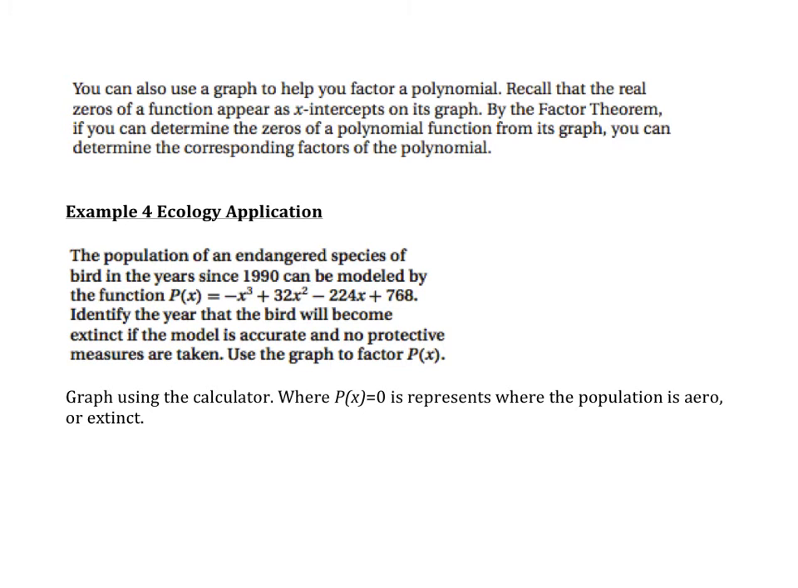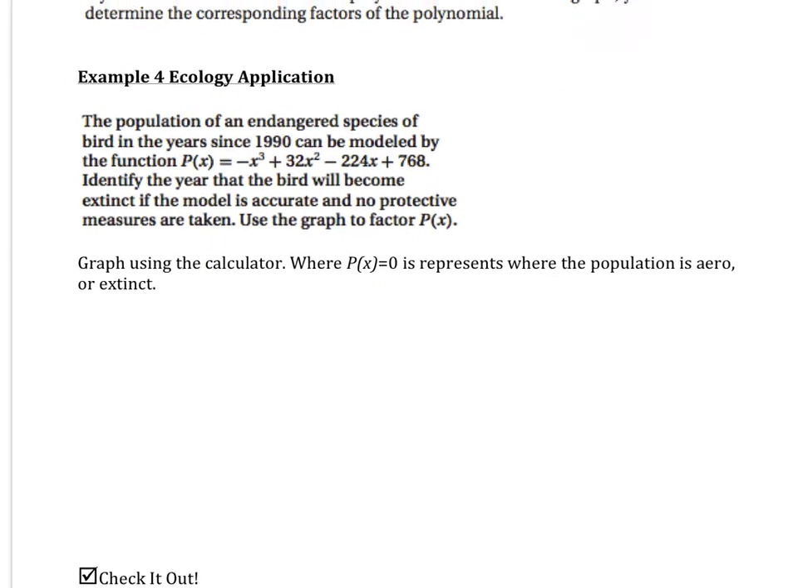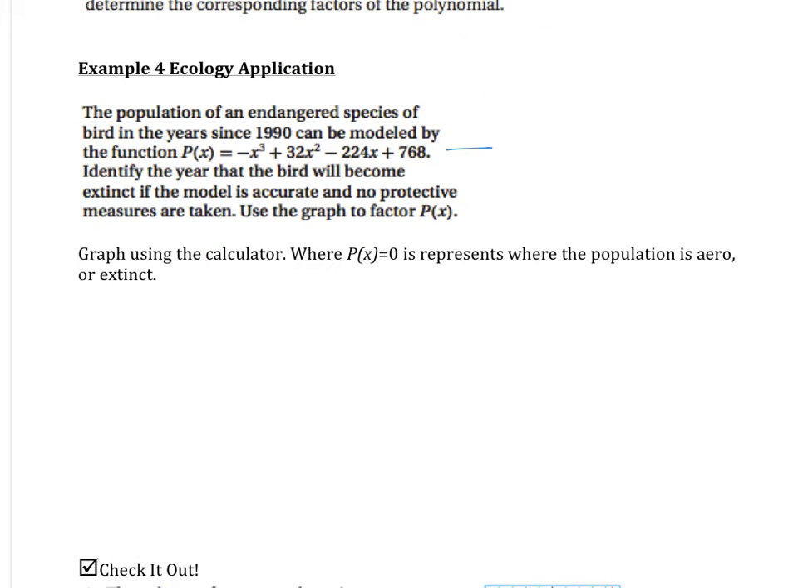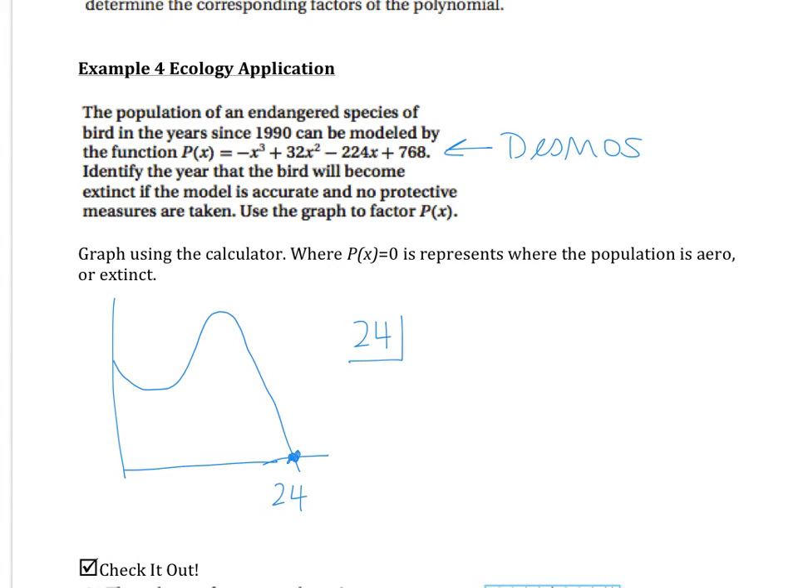We can also use a graph to help factor. So what you do is you would put this in Desmos. And when we do that, first quadrant, since it's an application, kind of looks like something like that, where this point right here is 24. Okay, so you use that and use synthetic division to find